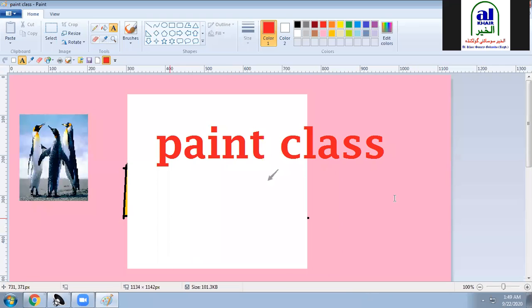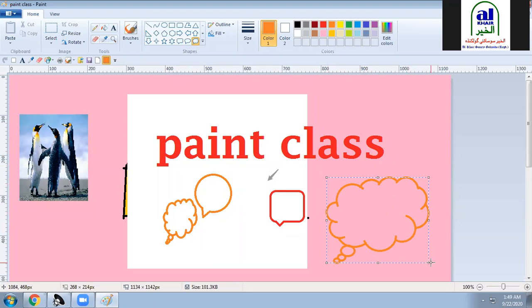Okay, for example, you have seen in the chat, when a message has come, it will show like this. For example, if you might have seen a person thinking in the cartoon, it will show like this. If he is thinking, it is written in that. So I will give some option like this, and I will take the alphabet here.